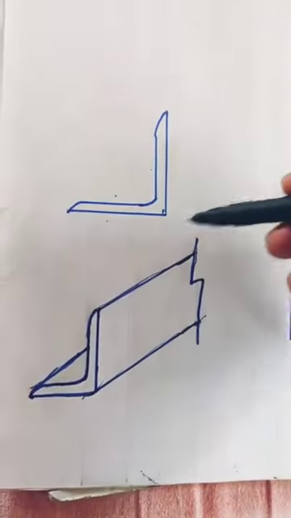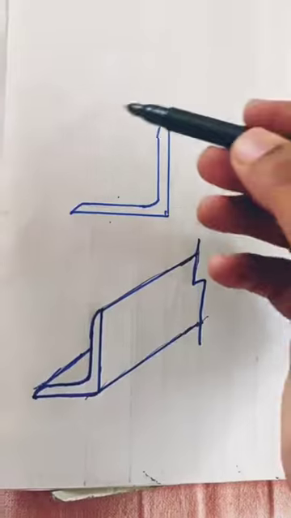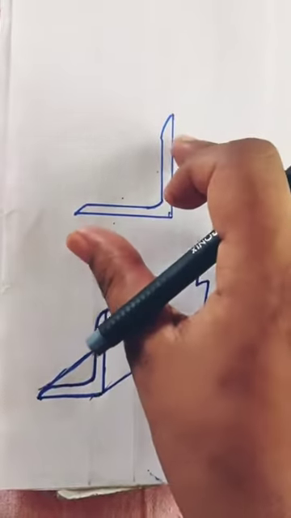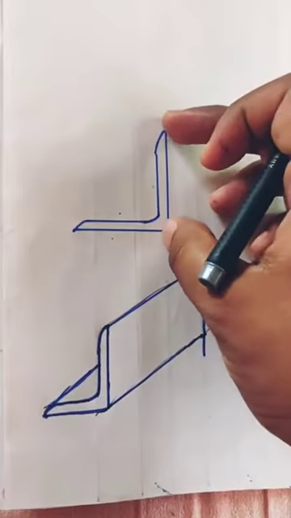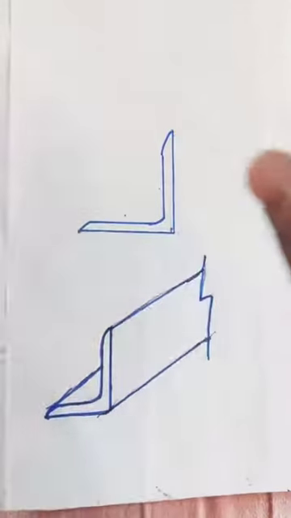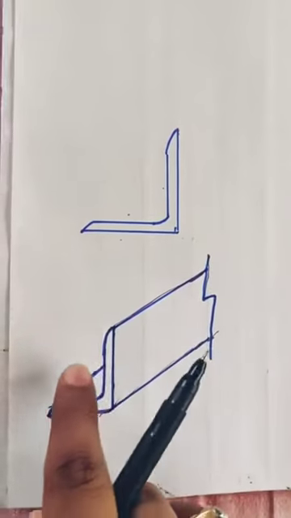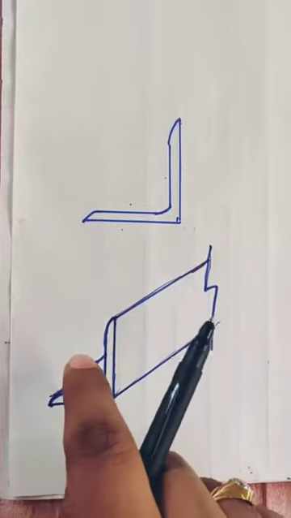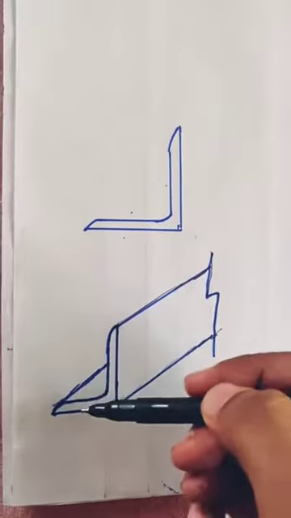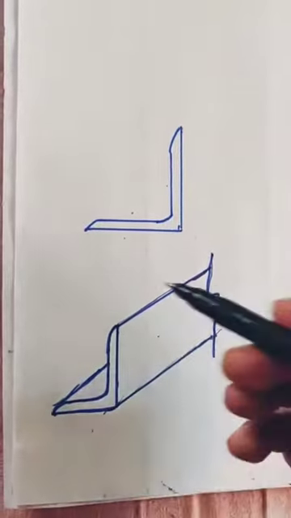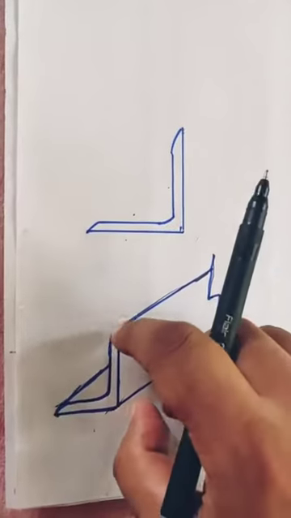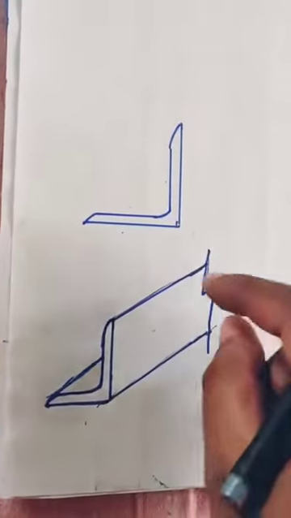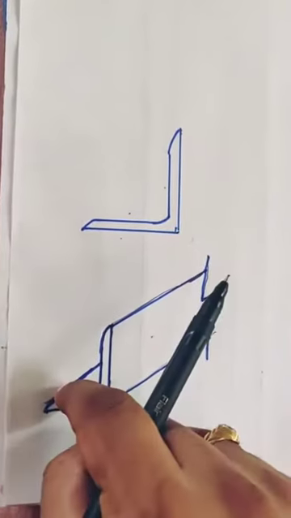Firstly we have to calculate the perimeter of this particular angle section. I know this length. So this face you are going to paint. You are going to paint here on the back side, you are going to paint on the front side of this, you are going to paint the bottom side, and you are going to paint on this top side, right? Here, here, here and front of this. This face is 1, so similarly I have one more on the other side.